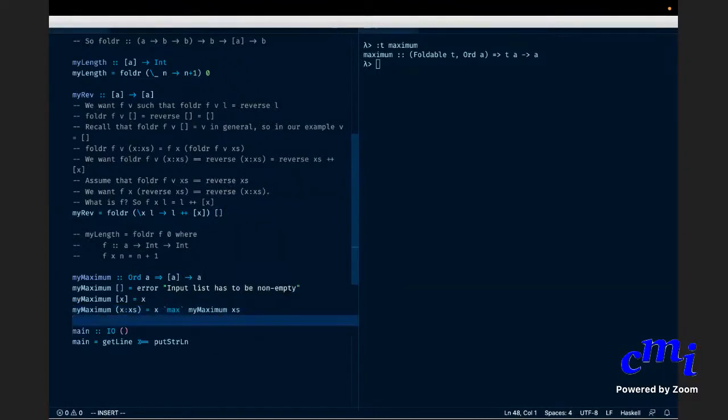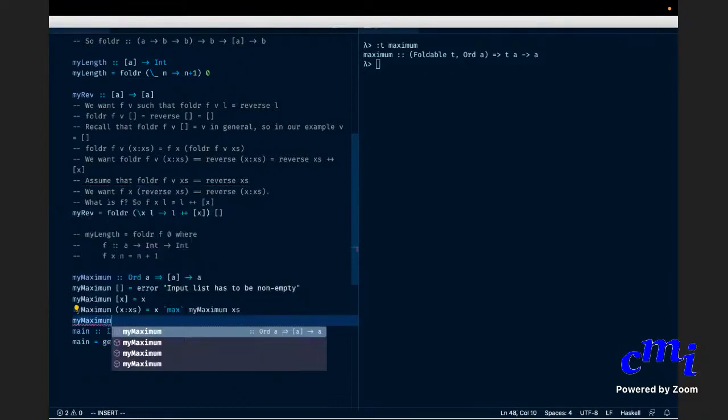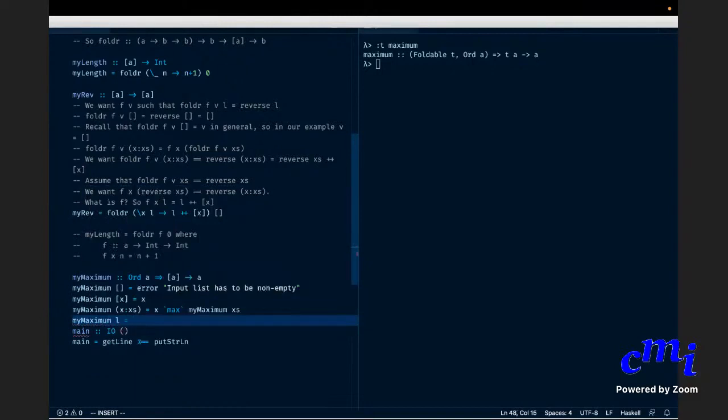Now, the point is that it would be nice if you can extend your fold function to this. There is a way to do it. And what you need to say is that myMaximum of a non-empty list L is nothing but foldr1 of max.